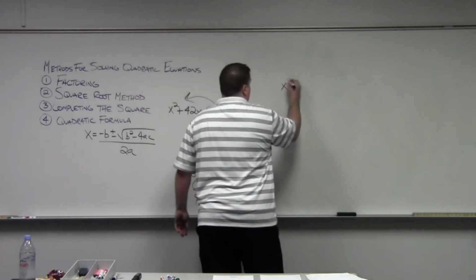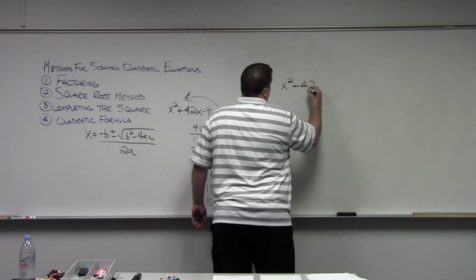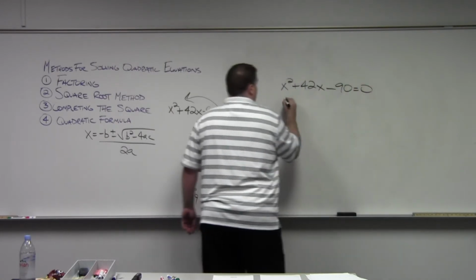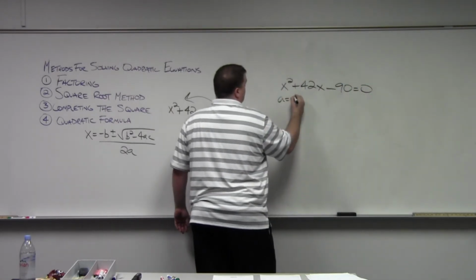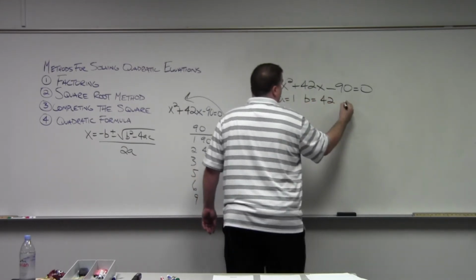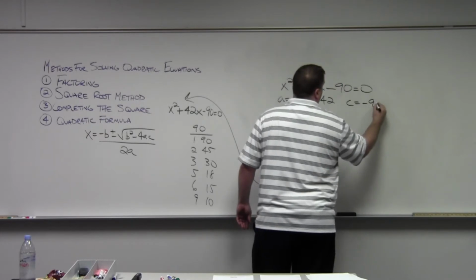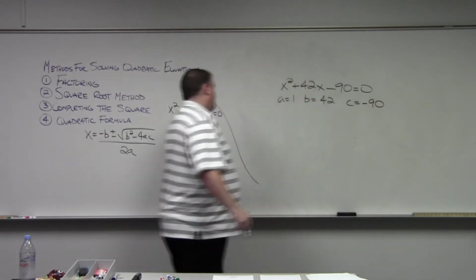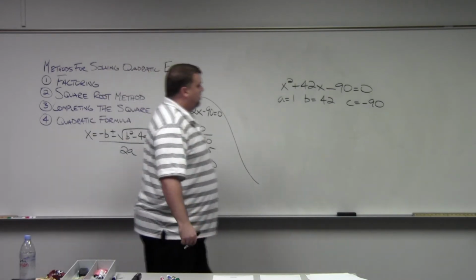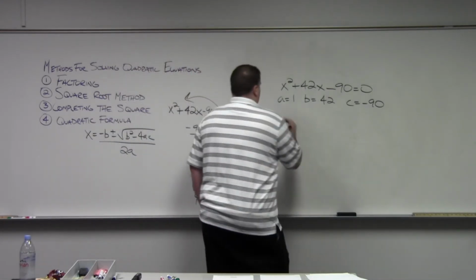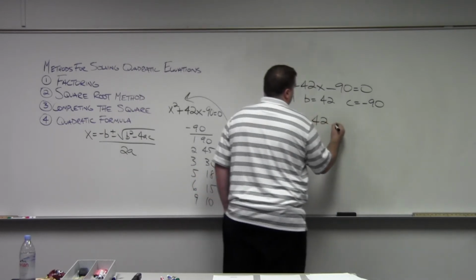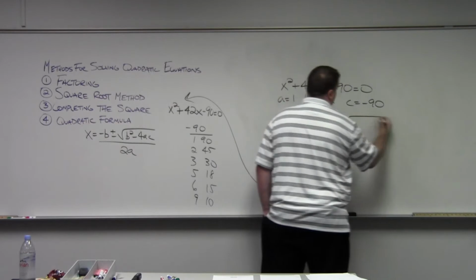So we have x squared plus 42x minus 90 equals 0. What would our a be? B would be 42. And C would be negative 90. Ooh, big numbers here. Alright, so x equals negative b, so negative 42, plus or minus